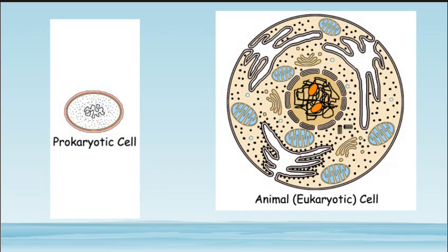All right, so a prokaryotic cell by definition is much smaller than a eukaryotic cell. Both of these cells would be considered microscopic. You need a microscope to see them. There are a few single cells that you can see with your eye. An egg would be an example of it. A chicken's egg is an example of a eukaryotic cell. The biggest eukaryotic cell is an ostrich egg, you know.